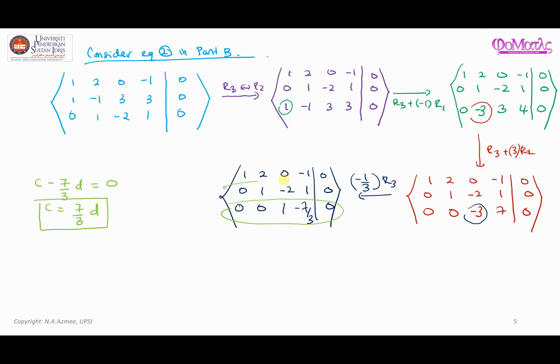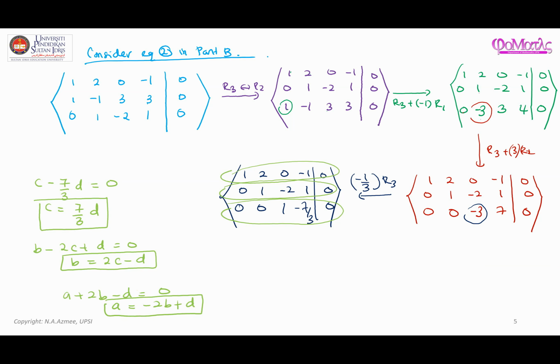Next is this guy. So here we have B minus 2C plus D is 0. So B is 2C minus D. This is the second equation. And this guy, so here we have A plus 2B minus D is 0. A is just negative 2B plus D. This is the third equation. And as you can see, we have 3 equations, 4 unknowns. Therefore, we are going to let